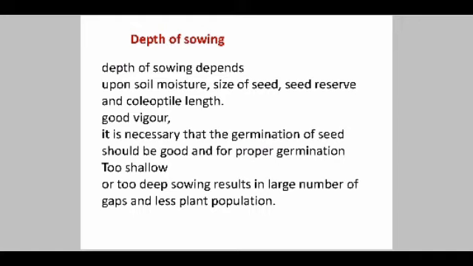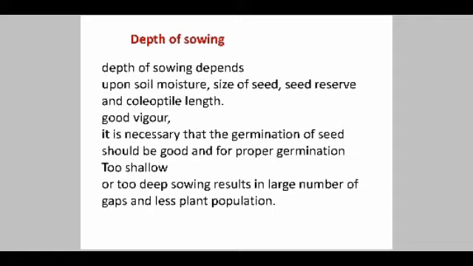Depth of sowing matters because the seedling uses much of its storage energy for growing through the soil, so the seedling will be less vigorous upon reaching the surface, when it can begin photosynthesis. The soil type and condition at sowing affect moisture absorption. The optimum depth of sowing depends upon the soil moisture, the size of the seed reserve, and the coleoptile length.